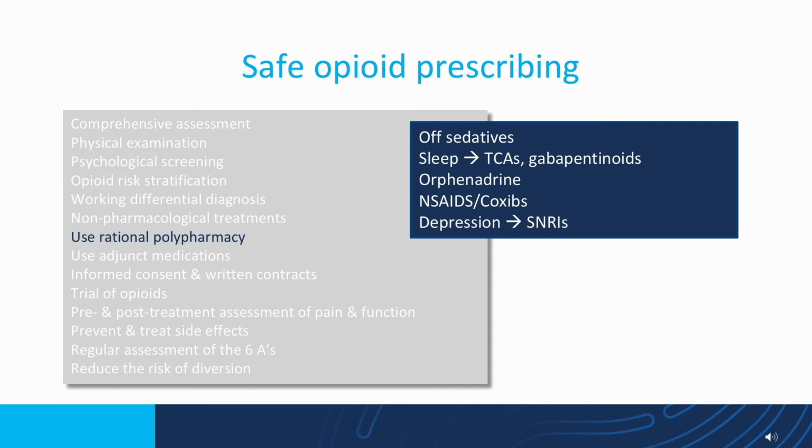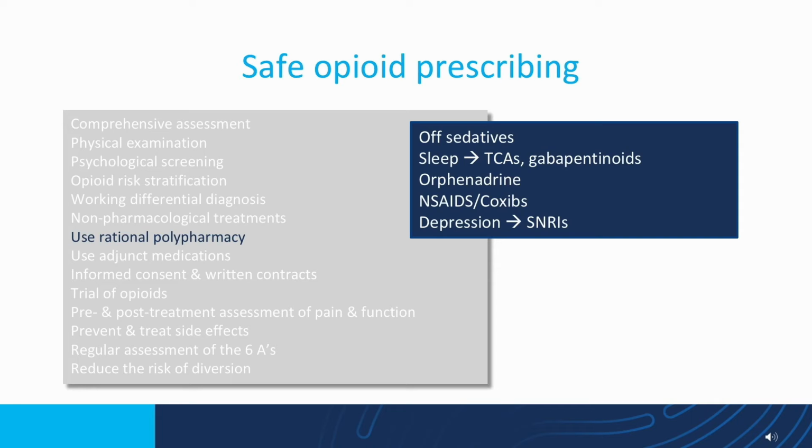If you're going to go down the pharmacological route or use rational polypharmacy, simplify the patient's chemicals and medications. Get them off the sedatives. If you've got sleep problems, don't use benzodiazepines. Use a tricyclic. Allegron, 10 to 20 milligrams at night. That's nortriptyline. Endep, 5 to 10, 10 to 20 milligrams at night. Endep's got a slightly stronger side effect profile than Allegron. So try Allegron if you're concerned.